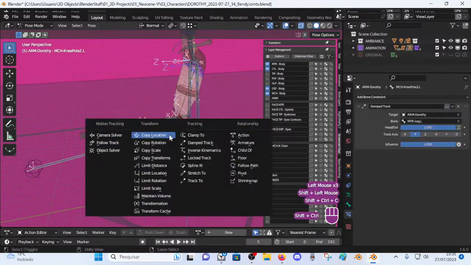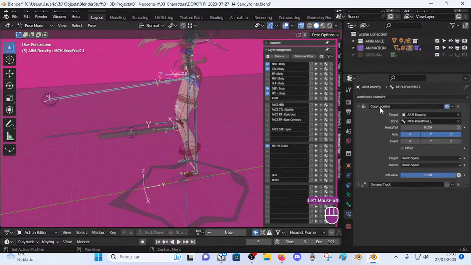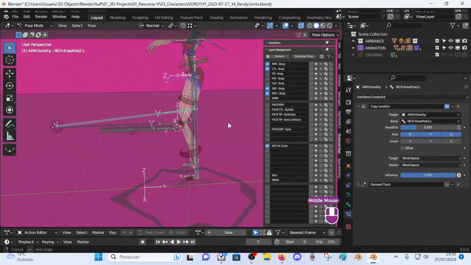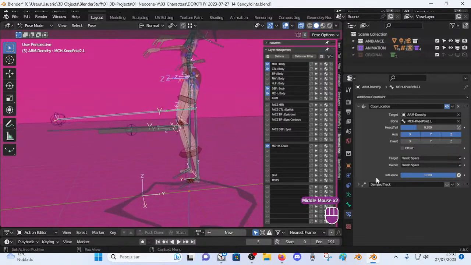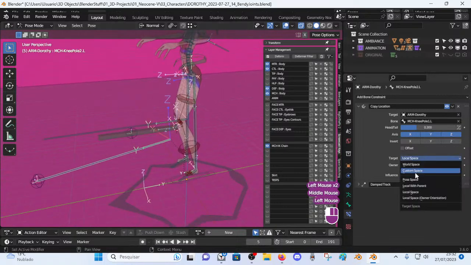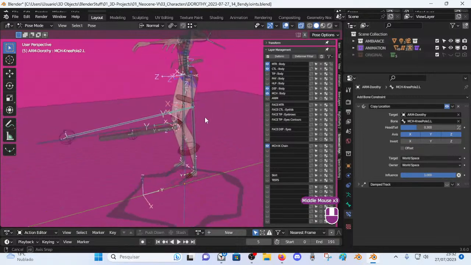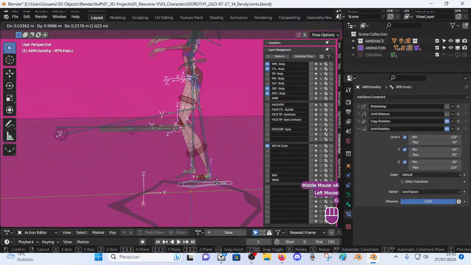I'll make a copy location, just as I've done before. Copy location, and I don't need the damped track. Maybe I will need it later, who knows. But the copy location, so it will be somewhere like here, something like there, and then world space, local space, does that make any sense? No, that's horrible, so let's keep world space. And then yes, because this bone has some